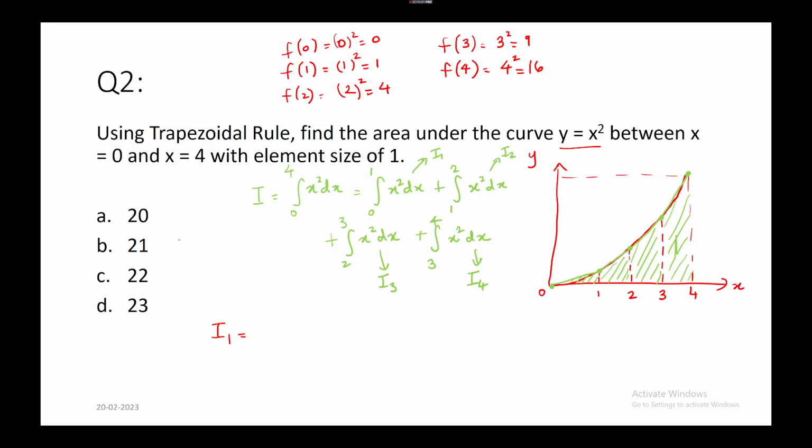So again, I recall the trapezoidal rule formula: the integral of a to b f of x dx is equal to b minus a by 2. So h is equal to b minus a, the element length. So b minus a by 2 into f of a plus f of b. So this is how you recall the trapezoidal rule. So for I1 it will be 1 minus 0 by 2 into f of